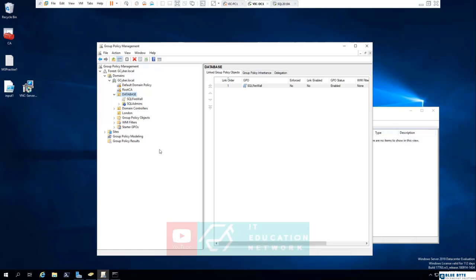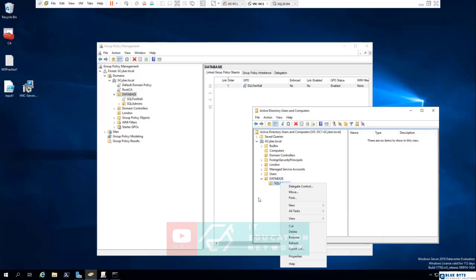So this is one of the techniques which you can follow, which I don't prefer. Because maybe in the future you will have another policy here, you might need to enforce it here, you don't need to enforce it there, you want to block it here. So later when you have maybe 100 of these OUs, if you follow this technique, it might be a bit difficult to apply all you need, and then you need to rearrange your Active Directory. So what are the other options? Let us see. I would right click first, no block inheritance, and no need to enforce the root and the default policy. The SQL admin OU, I will delete it from here